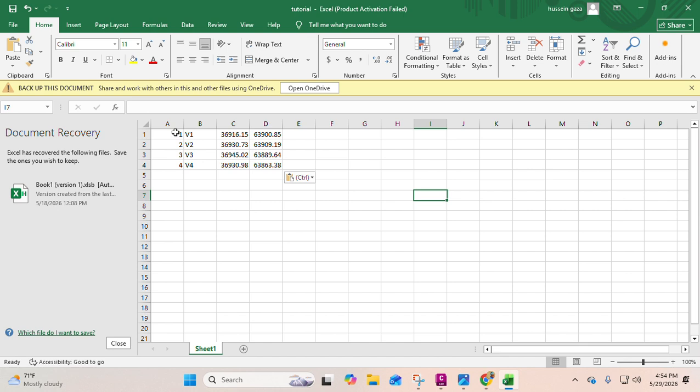So this is the point, this is the description, northing, easting. So I want my file to be in the form of point, then northing, then easting, then elevation, then description,